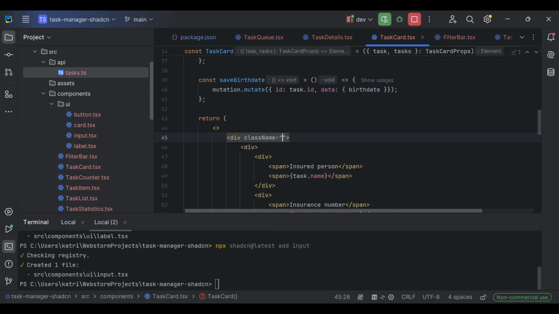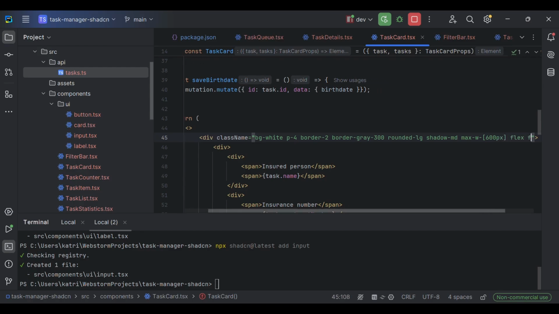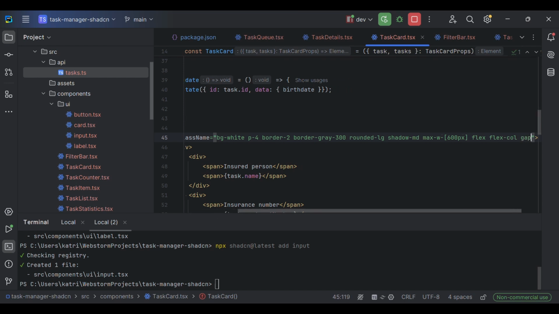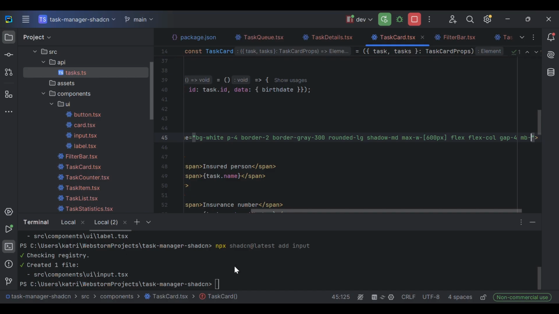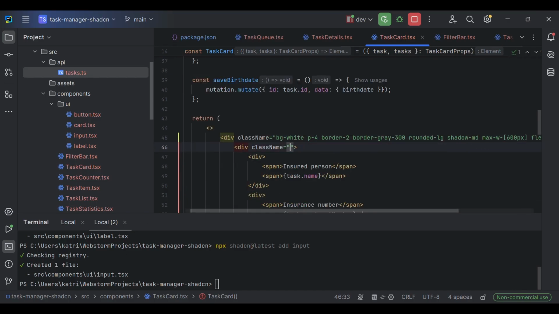So here we are going to add background white, padding 4, border 2, border gray 300, rounded large, shadow, max width 600 pixel, flex column, gap 4, margin bottom 3, flex items center, justify between, flex wrap,